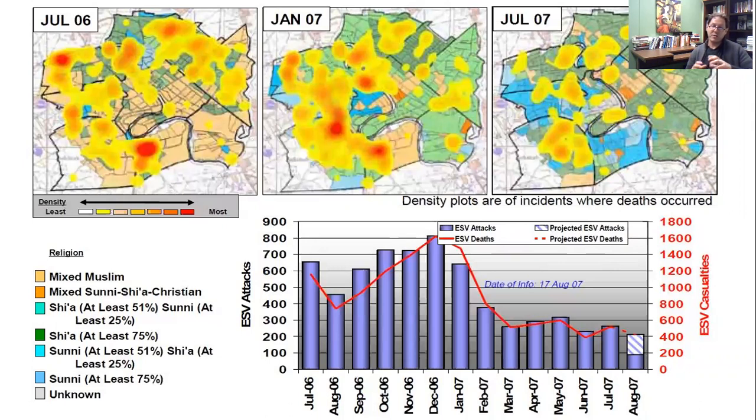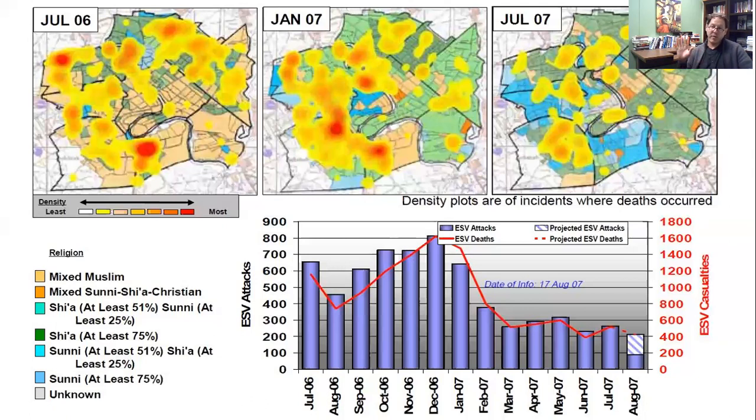You can see that Sadr City, that northern part, has turned from orange to almost exclusively green. And you see that those little kernels of Sunni neighborhoods on the other side of the river in the south are growing and expanding as Sunnis are mobilizing and driving the Shias from their communities. And by July 2007, Baghdad's a completely different city. The mixed ethnic neighborhoods are gone.